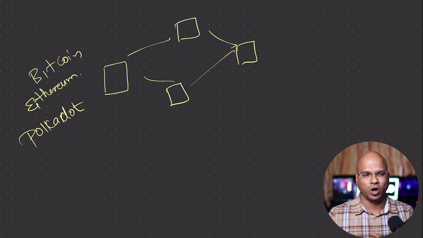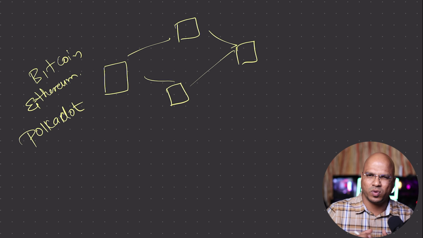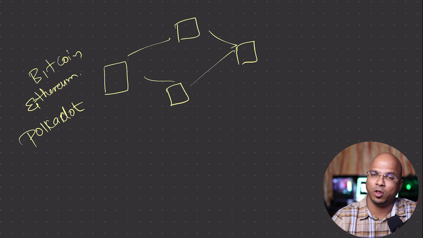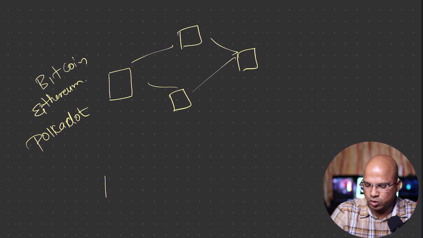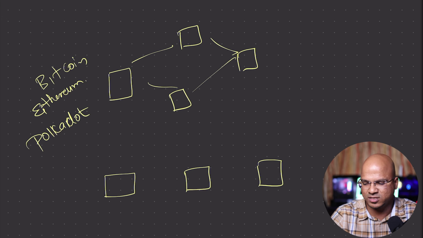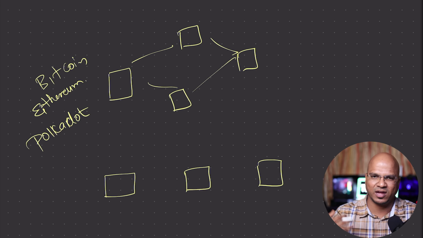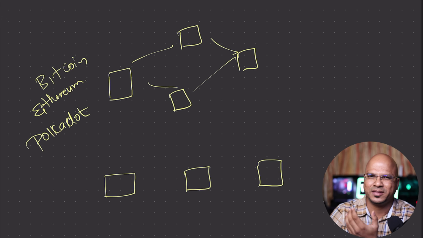In the world of Web 2.0, you store your data in a database. It can be structured or unstructured, I mean SQL or NoSQL databases. But if we talk about the blockchain, how do you store data? You store your data in a block. So you store your data in these blocks. Now it will be multiple blocks, and all these blocks are created after a particular time. Based on which network I'm talking about, Bitcoin will have a different timeline. Ethereum, Polkadot, every network will have a different time for new block creation. Example, Bitcoin takes approximately 10 minutes for one block.